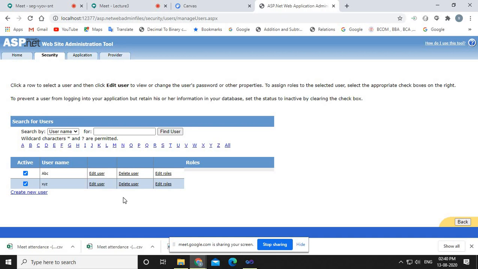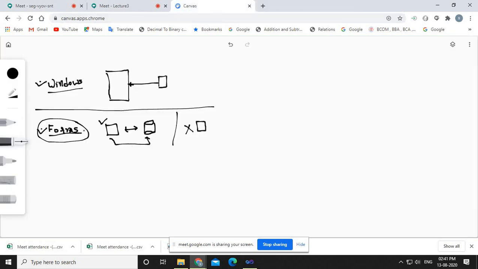Okay, now the question I think will arise in your mind, sir, is where ASP.NET is actually storing all this information. Where is ASP.NET storing the username and password and first name and email address and all that? Fine, I'll show you. As I have already told you, currently we are using forms based authentication. In forms based authentication, the website is not considering a Windows user as its own user, but instead the website is managing its own users through a separate database.